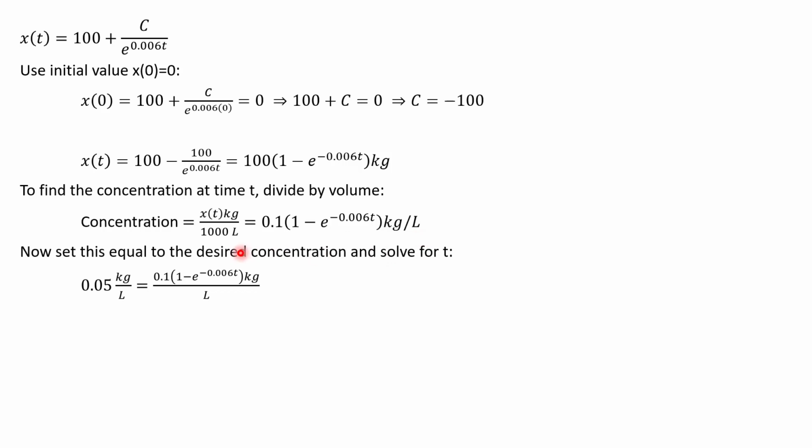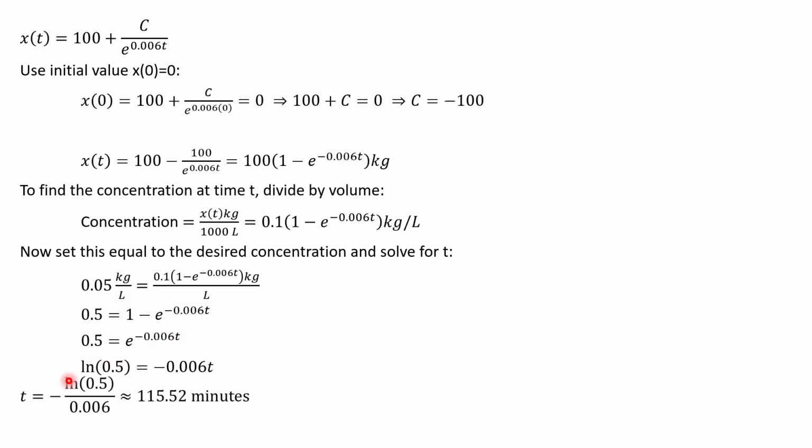And now we were asked about a specific concentration, so we need to set our equation equal to that. It was 0.05 kilograms per liter, and our goal here is to find the time when this happens. So we're solving this equation for t. Okay, so we'll just do a little bit of algebra here. We're going to divide out the 0.1 and then move over some terms, adding and subtracting, and then take the natural log of both sides so we can get to the t, which is inside the exponent right now. And then if we just divide, we get t is negative natural log of 0.5 over 0.006, and that's about